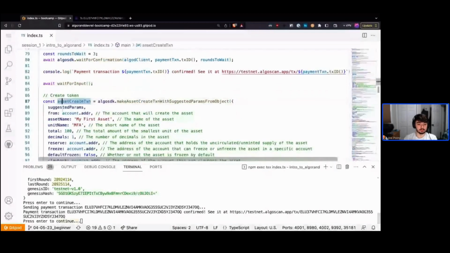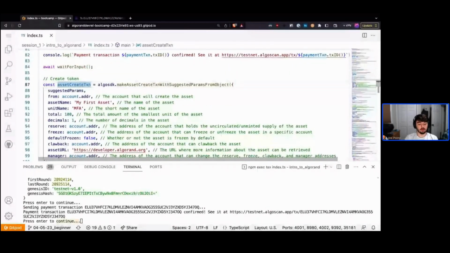We're going to form our first asset transaction. So on Algorand, assets are not smart contracts. They're just native functions of the blockchain. So on other chains, you need to make a smart contract in order to mint an NFT. On Algorand, that's not the case. You can mint an NFT with just the SDK. And it's done so with still the decentralization of the blockchain and much more security and assurance than a smart